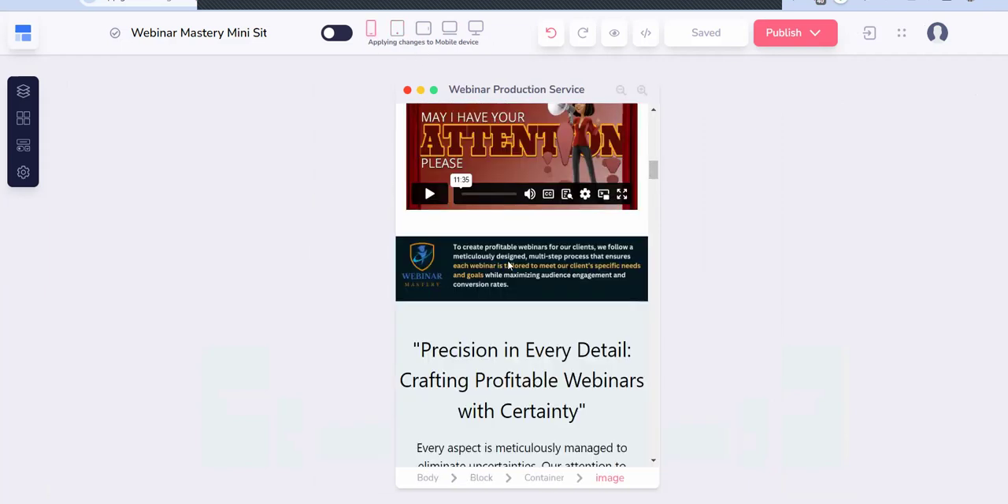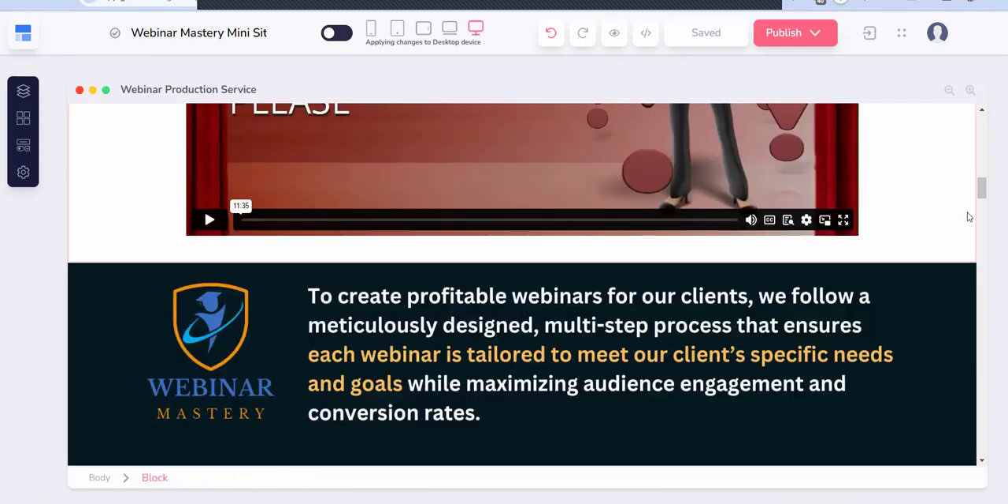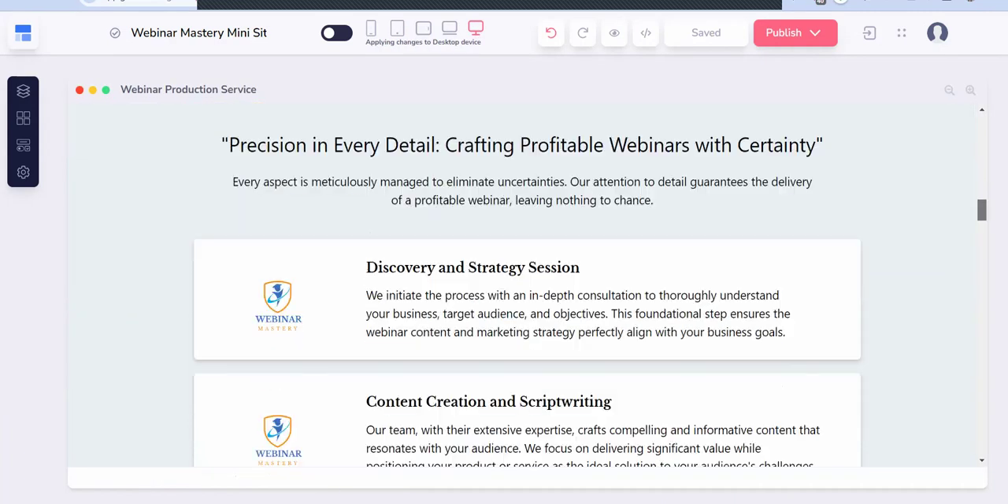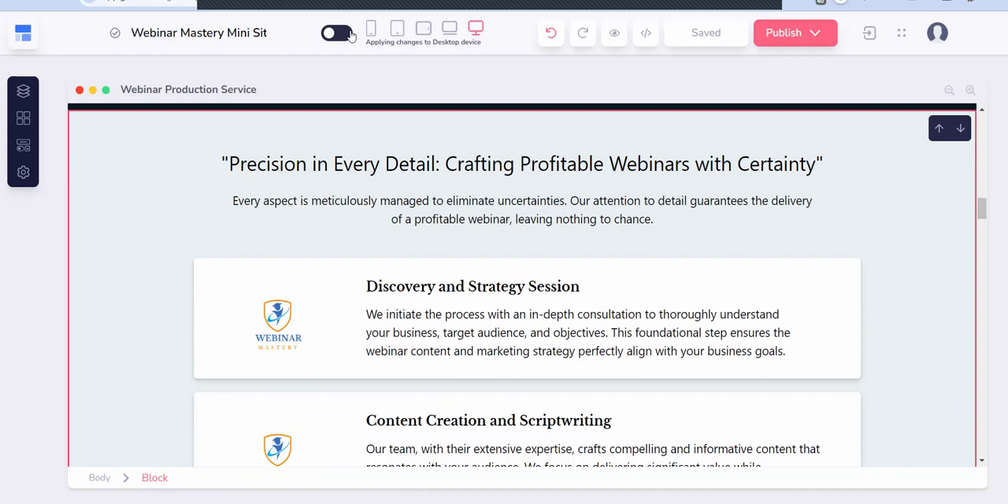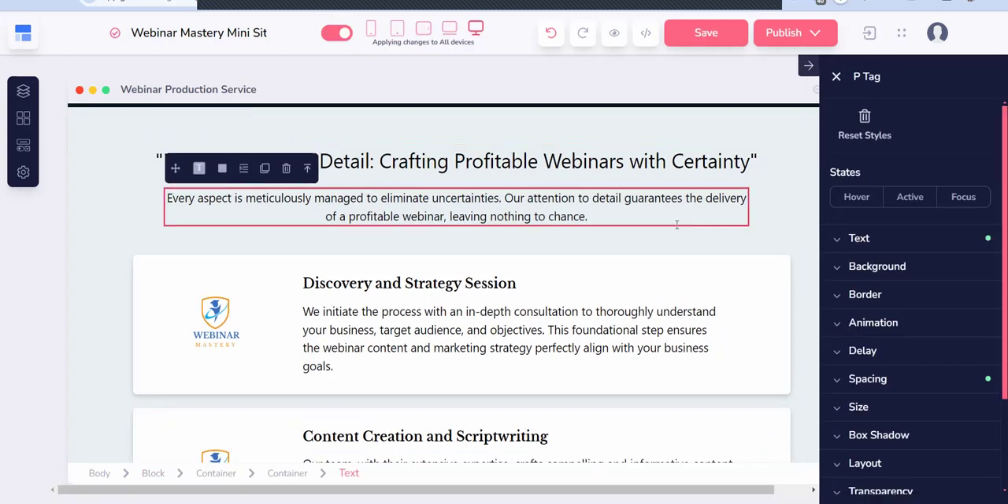So there is no marginal error. You can see that this looks good with all the devices. We will move to the other section. And we just have to select each one of the elements to see if there is any kind